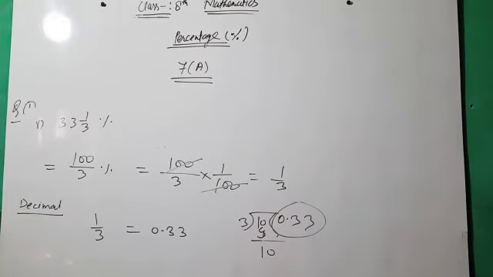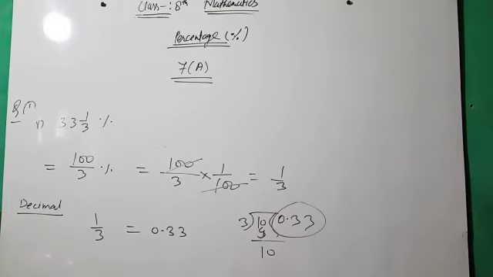अब हमको परसेंटेज में कन्वर्ट करना है. Okay, question number second, first part is 3/5. We have to convert this fraction in percentage. Okay, परसेंटेज को कन्वर्ट करने के लिए हमको 1/100 चाहिए. 1/100 के लिए हमको 3/5 को 20 से मल्टीप्लाई कर देंगे, यानी यहाँ भी 20 से मल्टीप्लाई कर देंगे, दैट इज 60/100, और 60/100 मीन्स 60%.